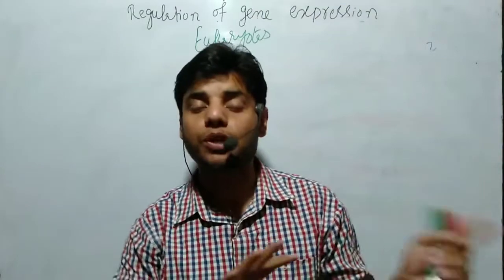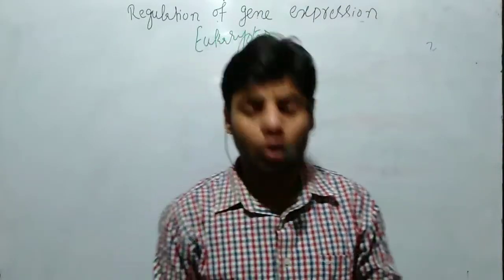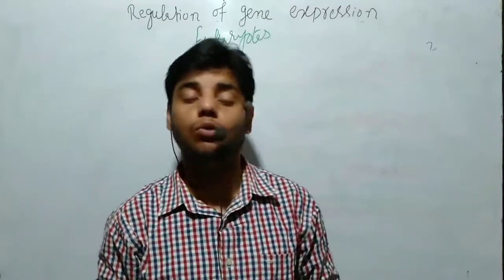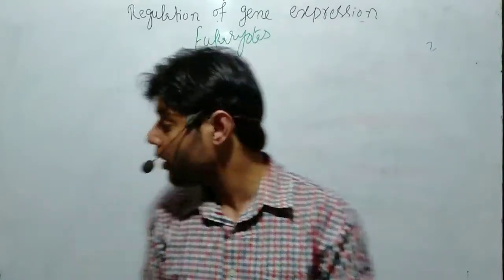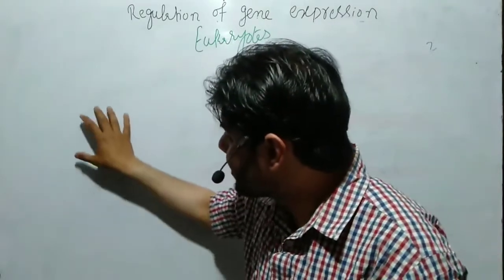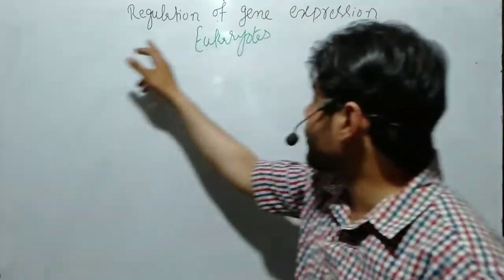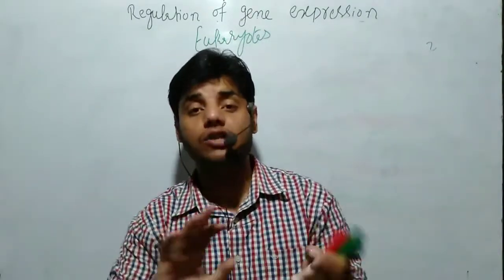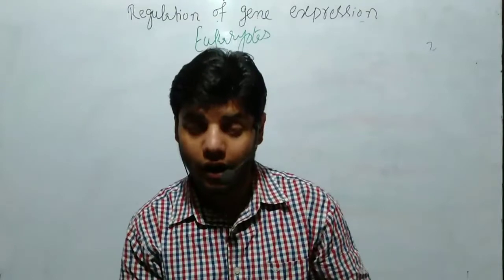It is called protein splicing. We already talked about protein splicing in detail. We also talked about RNA splicing in detail. You can go back and watch it on my channel. Okay, so whenever regulation of gene expression occurs in eukaryotes, it has a splicing process. All these processes occur.